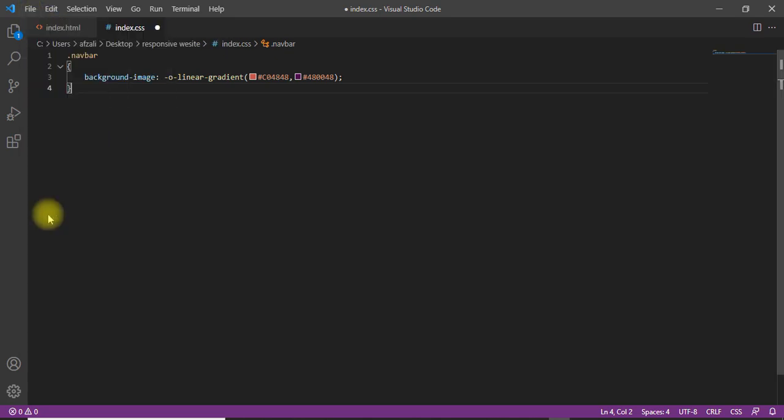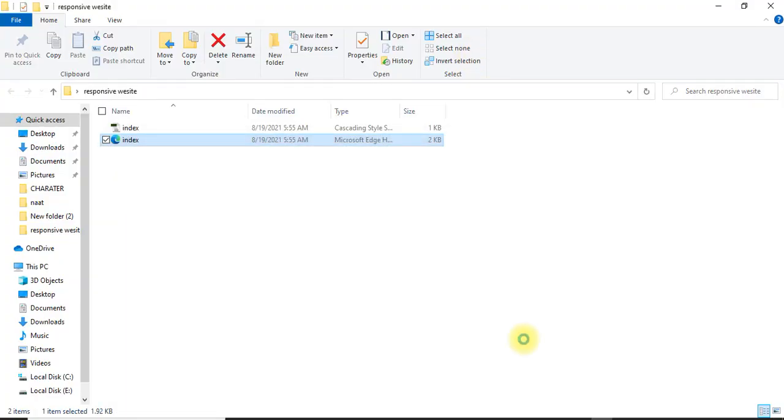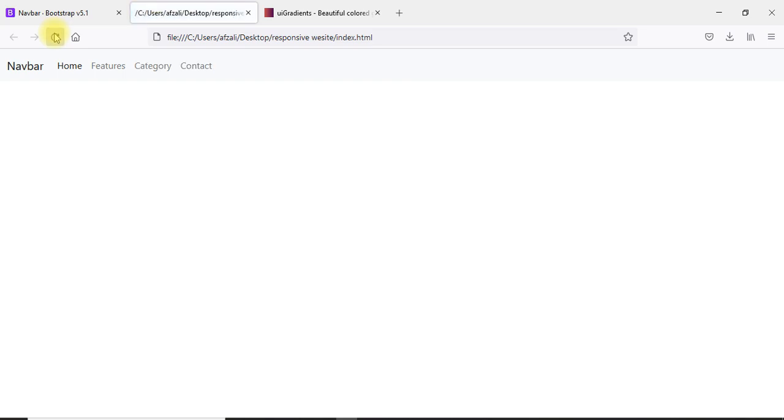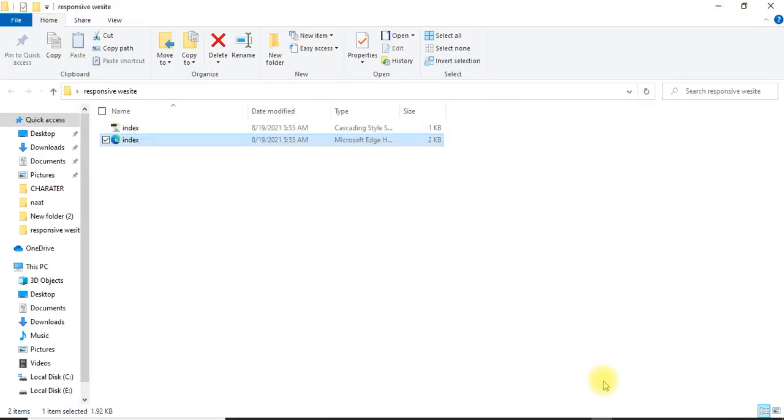Now save all, both files are saved, and now reload it. Okay, let me check what the issue is.